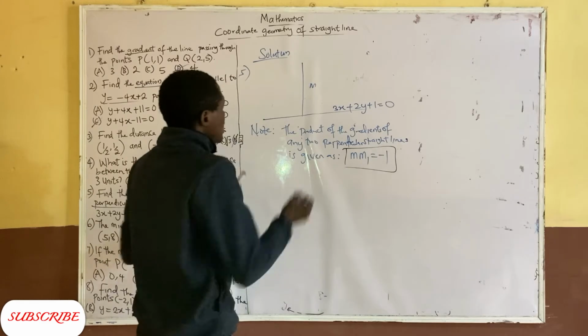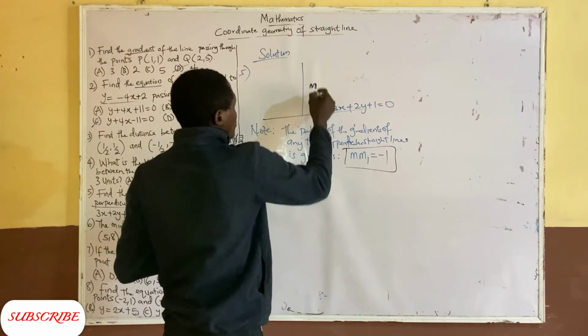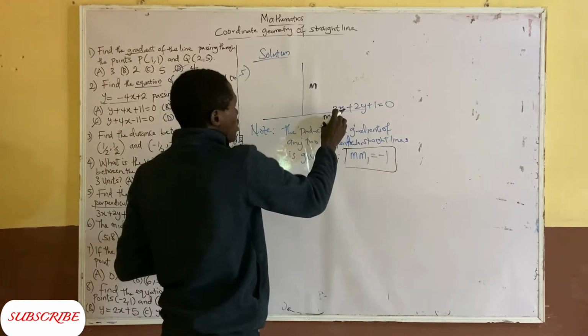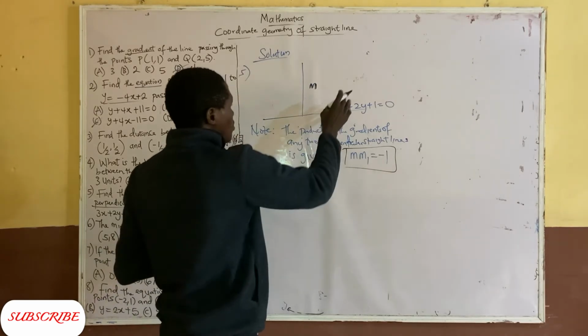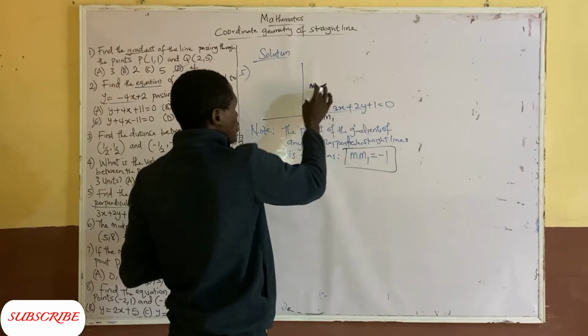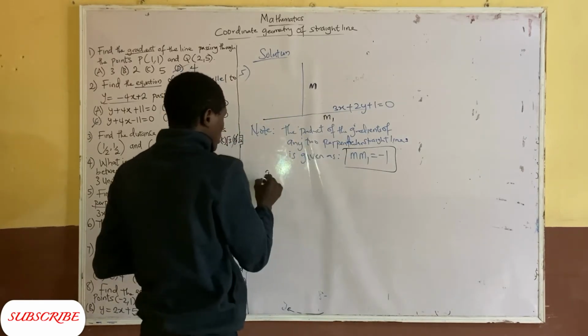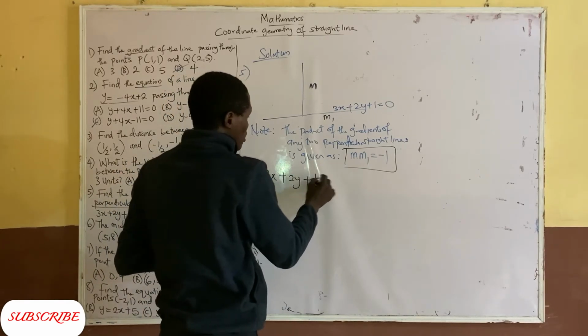So it means that if this is m, the slope of this one will be m, and the slope of the second line will be m1. All we just need to do is to get the m1 of this and multiply it with m to give us minus 1. So to get the slope of 3x plus 2y plus 1 equal to 0 now,